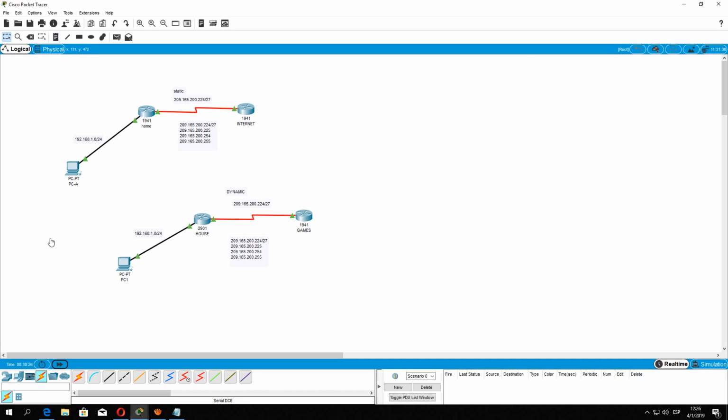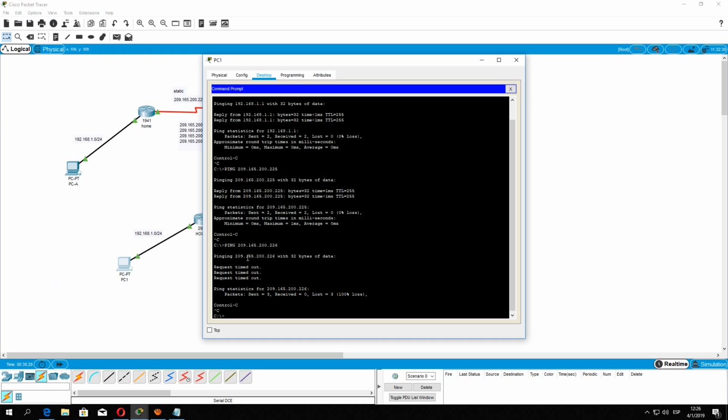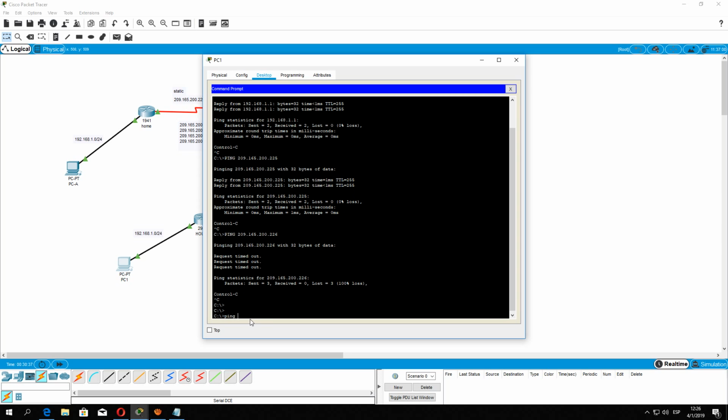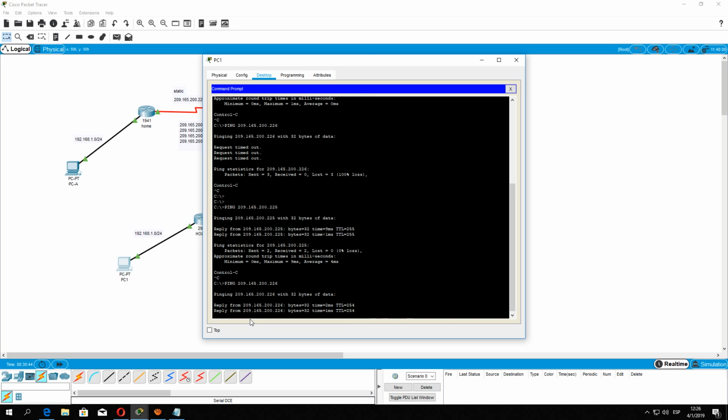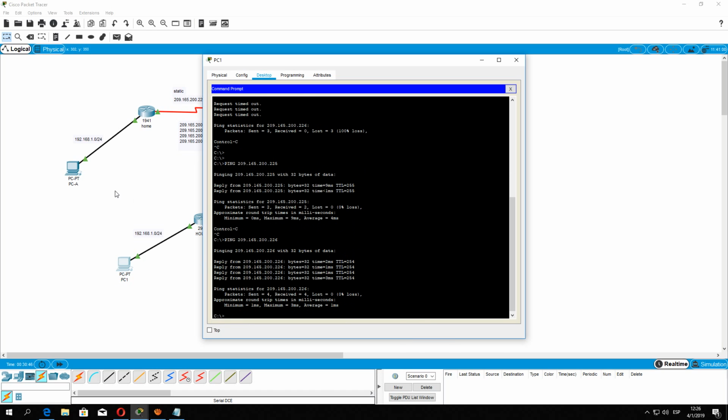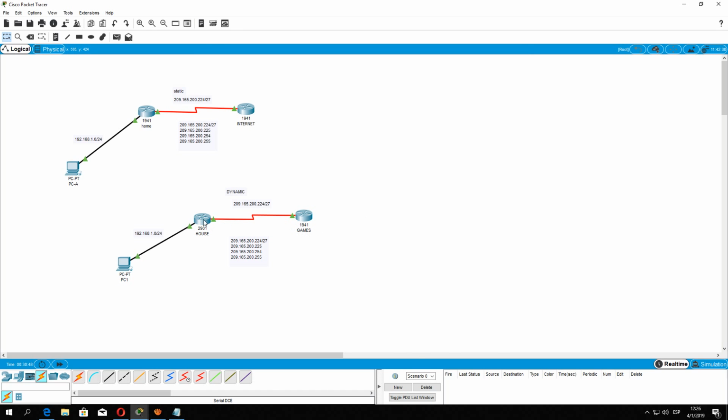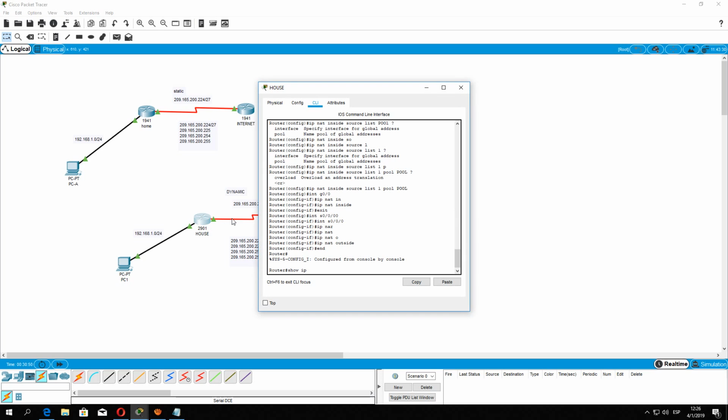Okay, I'm gonna fast forward. I'm gonna ping. Come on, ping. I think it's right here. This one is okay, and this one is okay. Okay, now I'm able to reach games, and as you can see, if I put right here show IP NAT